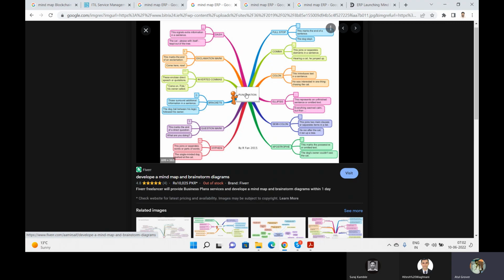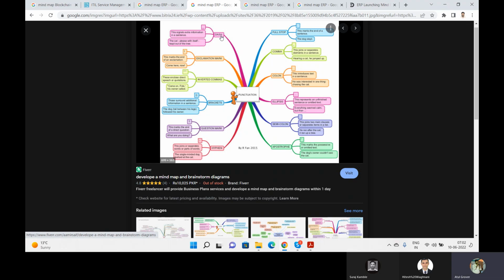Like see, for the punctuation they have a mind map. Full stop क्या होता है, कोमा क्या होता है, कॉलन क्या होता है, सेमीकोलन क्या होता है, अपोस्ट्रोफिस क्या होता है, हाइफन क्या होता है, क्वेश्चन मार्क क्या होता है। Can you imagine people are doing what? अतुल, मतलब सुन देख के हैरानी होती है, but it's all about the content now. इन्वर्टेड कॉमास क्या होते हैं, एक्सक्लेमेशन मार्क क्या होता है, डैश क्या होता है।